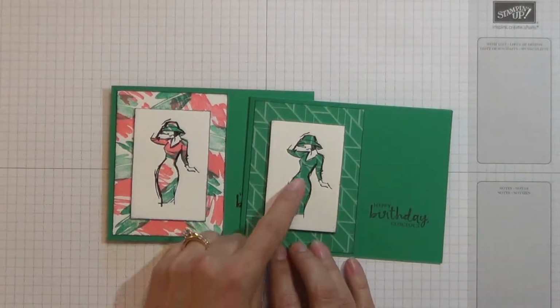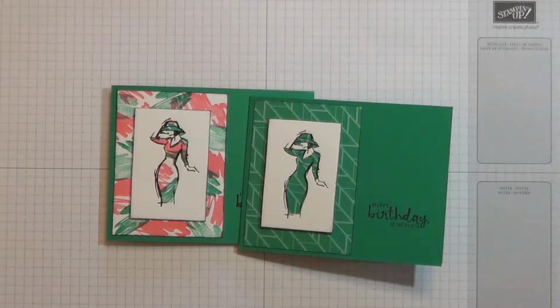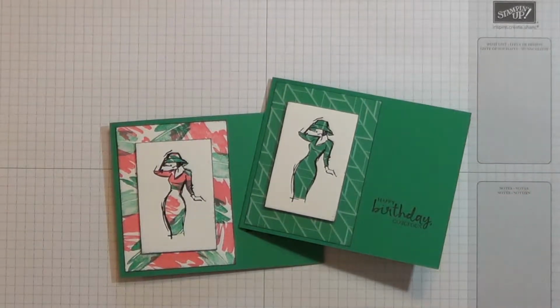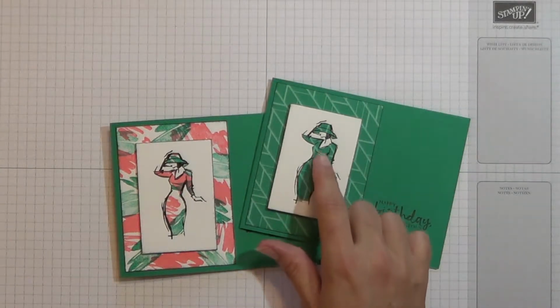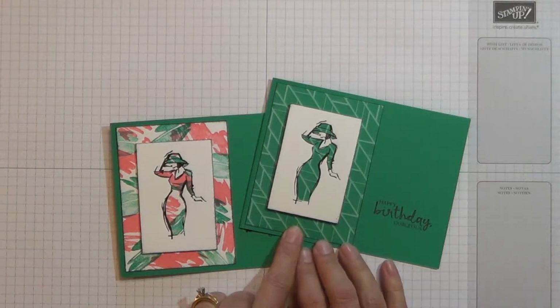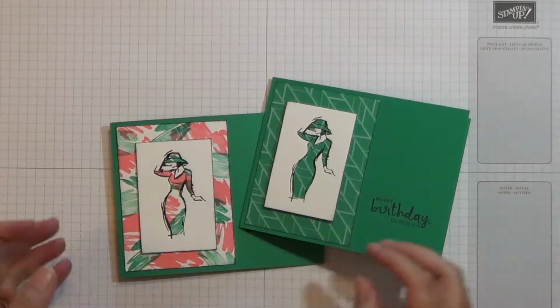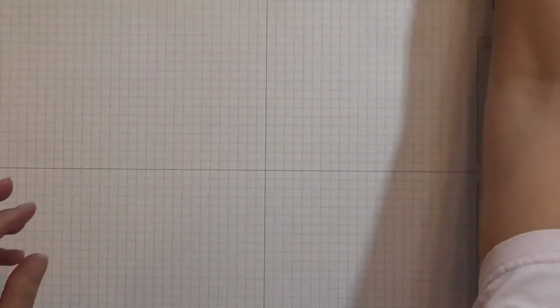So you'll see here that the image of the dress is echoed in the background. And here I've just stamped and made my own background paper for the dress and for the background as well. So to do this,